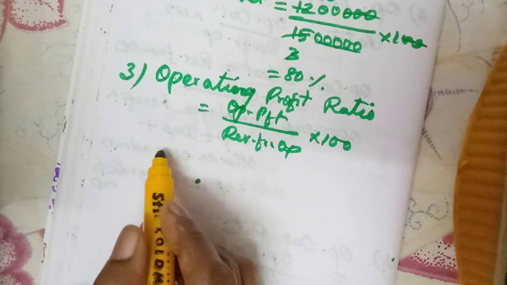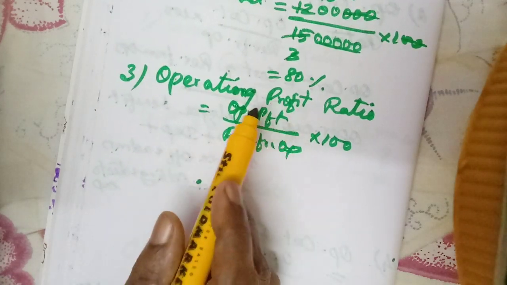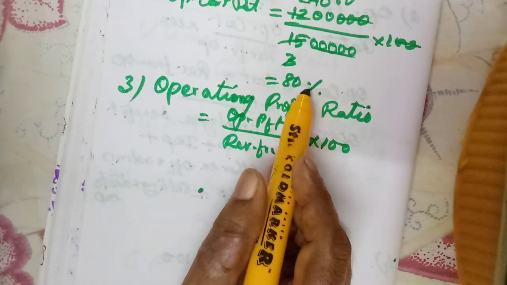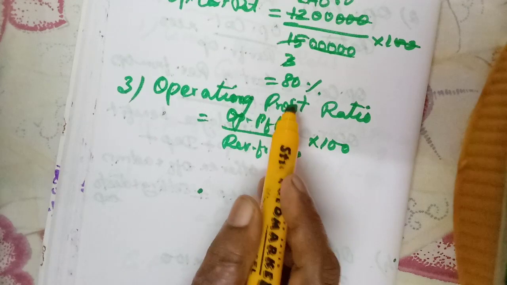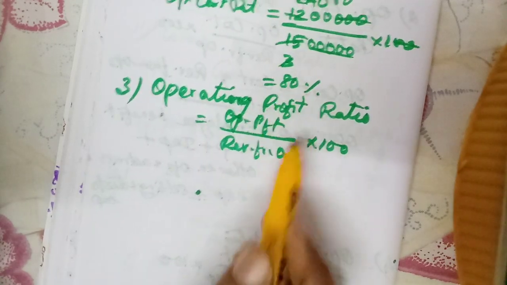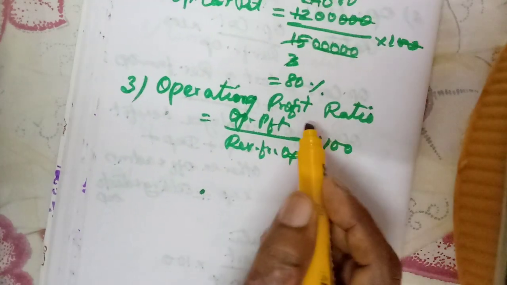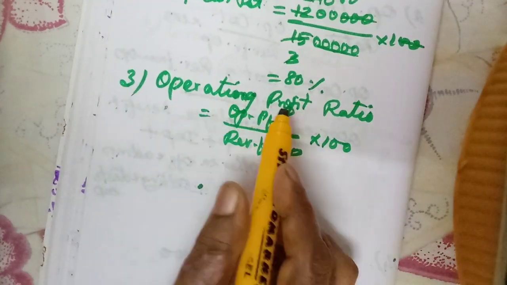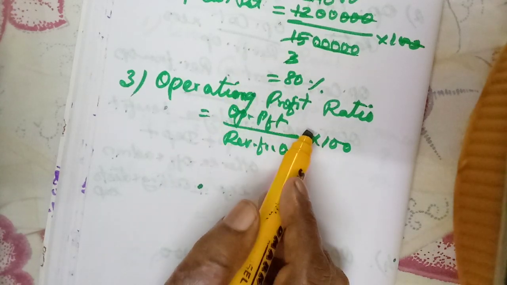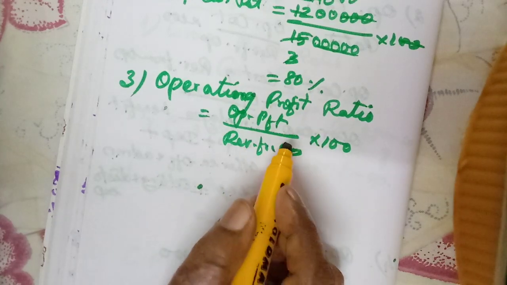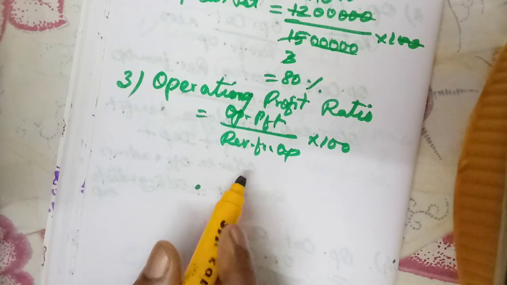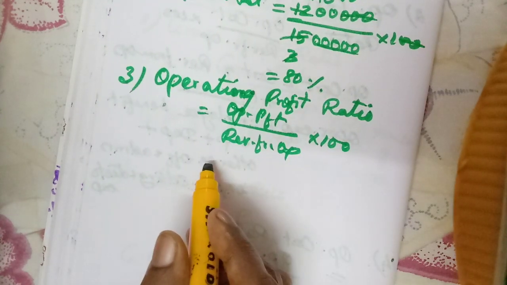Okay, we need to calculate the operating profit. Here you have to learn one thing. Operating cost ratio, here in this problem, operating cost ratio is 80%. Okay, if we add the operating profit ratio, the remaining 20 we will get 100. So by heart we can say the operating profit ratio is 20. When we add operating cost ratio and operating profit ratio, we will get 100. Okay, 100 minus 80, 20 is the operating profit ratio.